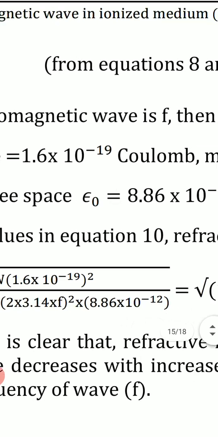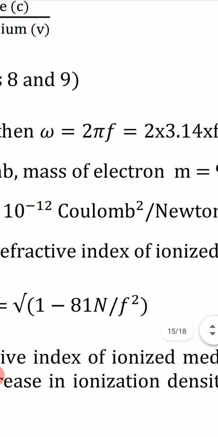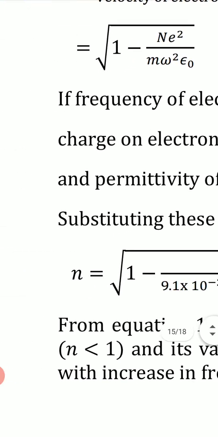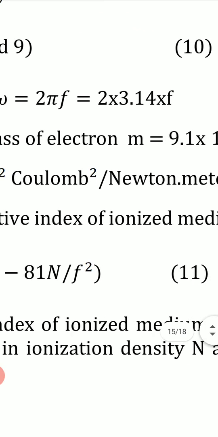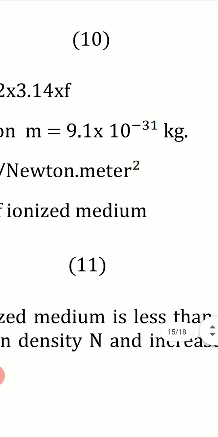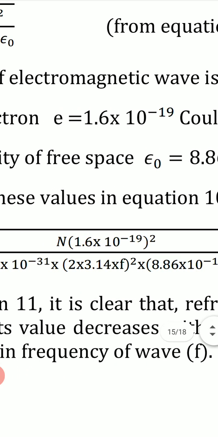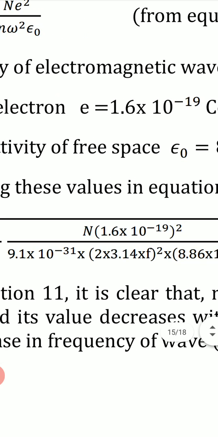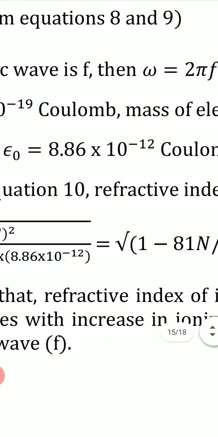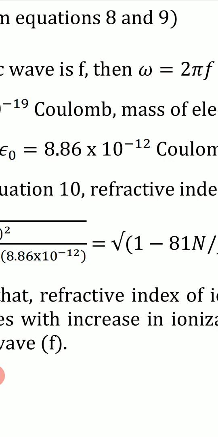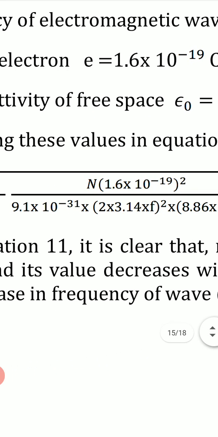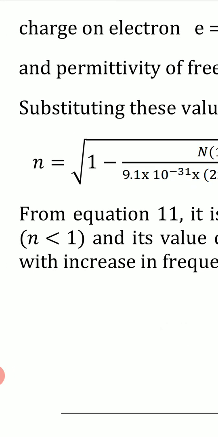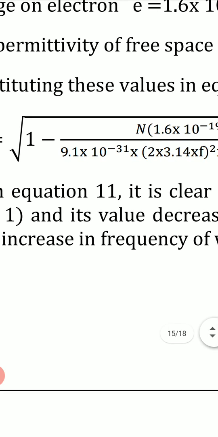If frequency of electromagnetic wave is f, then omega is 2 pi f. Charge on electron e is 1.6 into 10 to the power minus 19 coulomb. Mass of electron m is 9.1 into 10 to the power minus 31 kg. And permittivity of free space epsilon 0 is 8.86 into 10 to the power minus 12 coulomb square upon Newton meter square. If we put the values of all these constants, refractive index n will become equal to under root 1 minus